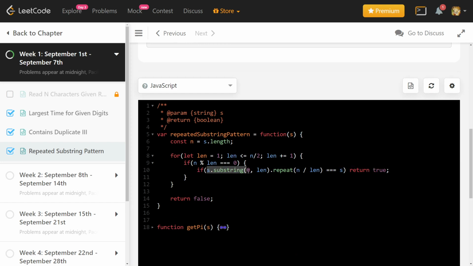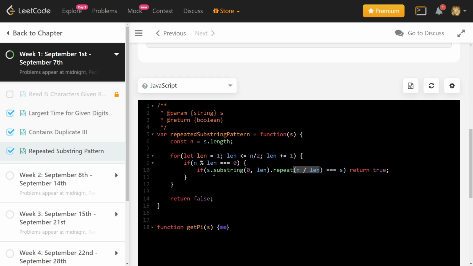We took all the possible substrings and we repeated them, and see if after repeating we can form the full string. The only check we need to do is, can we repeat it actually? So if it is not a factor, then we can't get the full length. And how many times do we have to repeat? It is just the full length divided by the length of the substring. So that is one way to solve it.